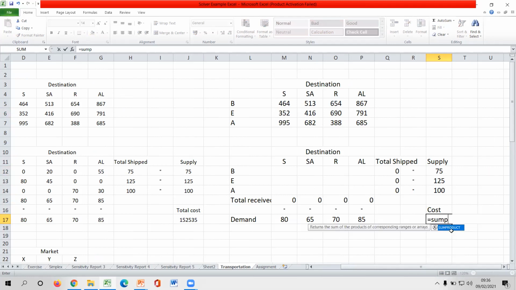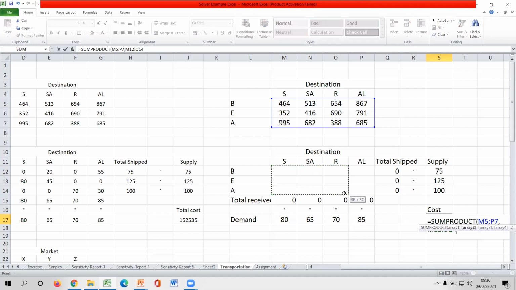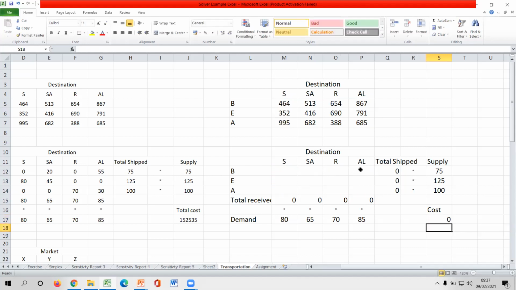That means we are given some range of the product, range of the detail, like what we discussed in our linear programming model also, right? So this product needs to be equal. This can be calculated by utilizing all the unit route cost. Unit route cost multiply. That means you have to put a comma in between that range, and it should be multiplied by using this number of routes or number of shipments from one factory to one marketplace. Right? Then you can press enter.